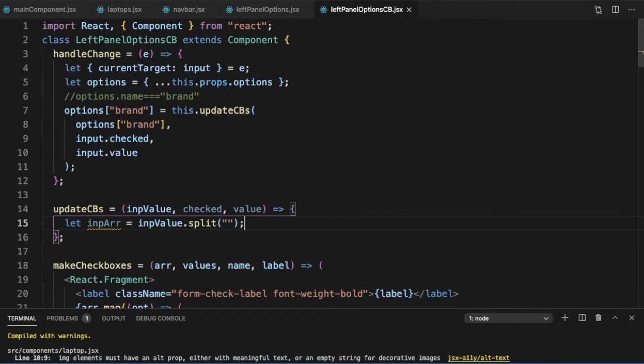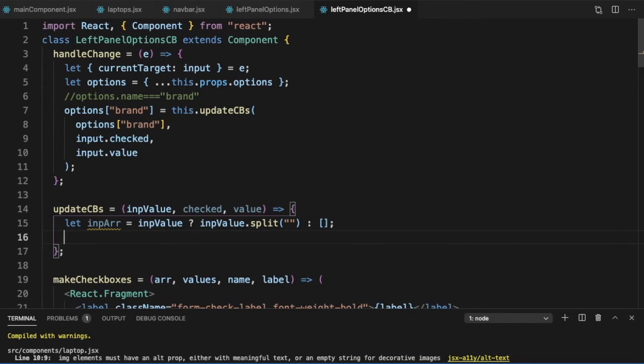Now the problem here is that this could be undefined. So if inputValue is truthy, we will use split. Otherwise, inputArray is an empty array.